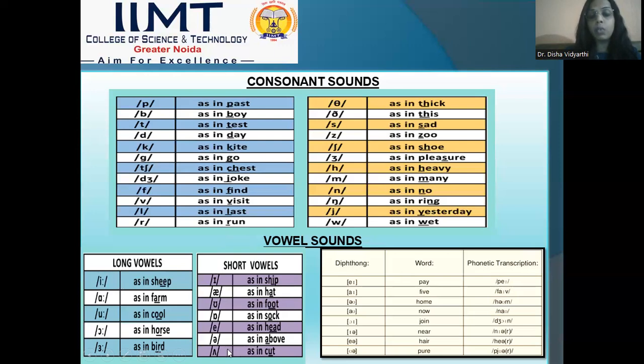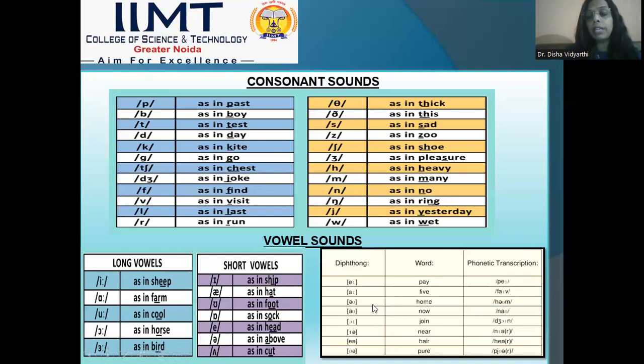Then if you can see, there is one more A sound as in "cut". Here we have written the spelling U, but it is producing the sound of A. So where we use U, the sound is a rather larger A sound than the schwa, as in "above". Like this is a very, very small A sound. For that very small A sound, we use the schwa. This symbol is called schwa. And in comparison to the schwa sound, if we have a little larger or elongated A sound, it will be written as the triangle symbol.